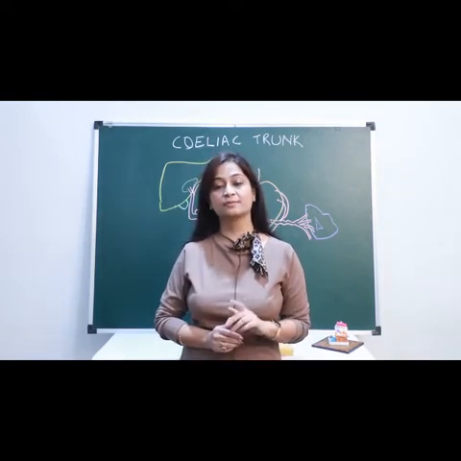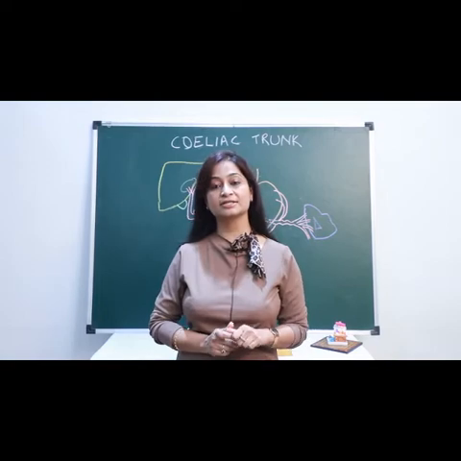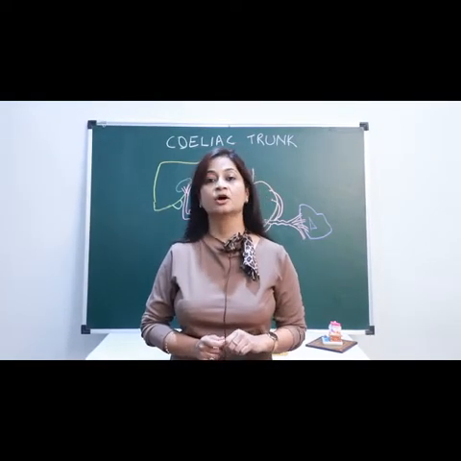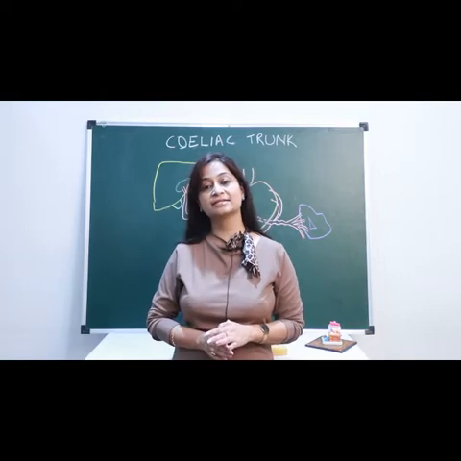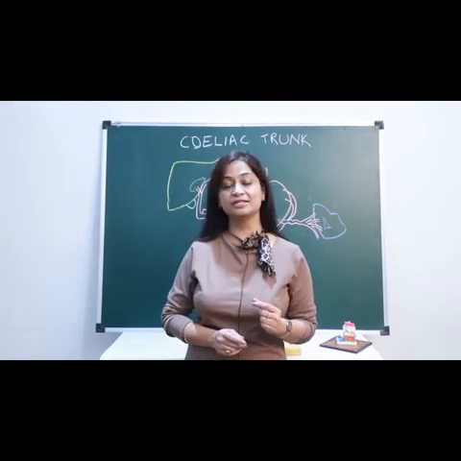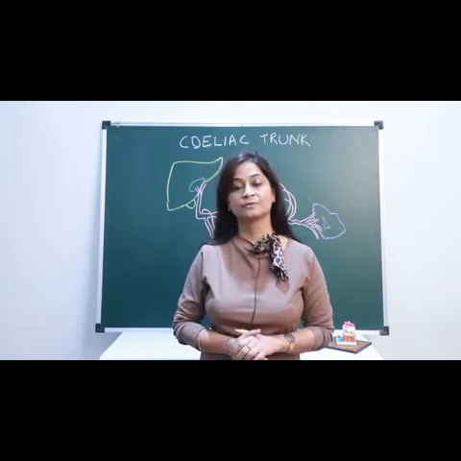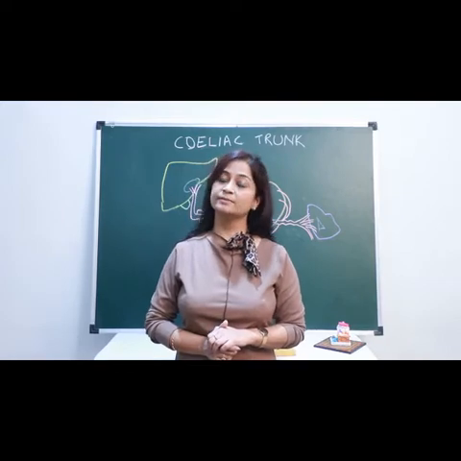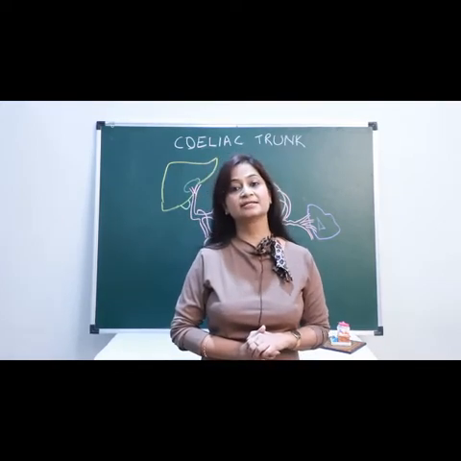So you must remember that the celiac trunk arises from the abdominal aorta at the upper border of L1, or certain books describe it as at the level of the intervertebral disc between the T12 and L1. Okay, so as I told you, it's the first ventral branch from the abdominal aorta, and it is the artery